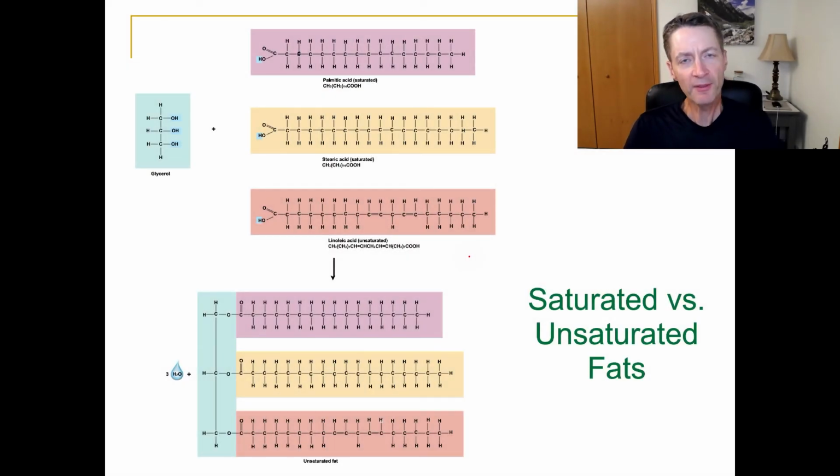All right, another thing that you hear out there when it comes to fats are saturated versus unsaturated. So let's look at this. Here, in the top, we have some fatty acids, kind of like the last slide, and our glycerol. If we look at this top fatty acid, I have a carbon, and for almost every one of these carbons, I have pretty much 4 bonds. 1, 2, 3, 4. And along the way, 2 of these bonds will be with another carbon, but then the other 2 have hydrogens.